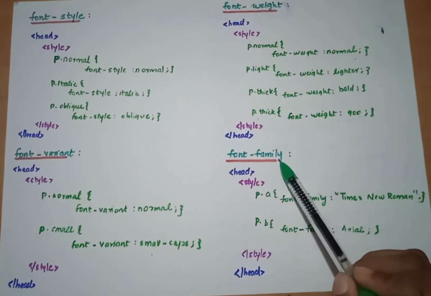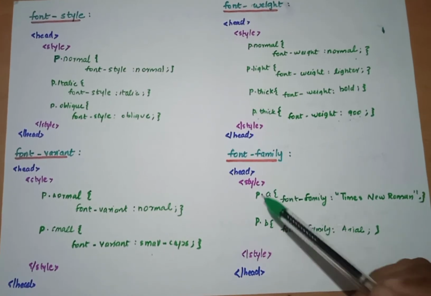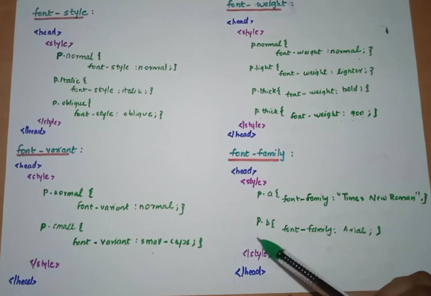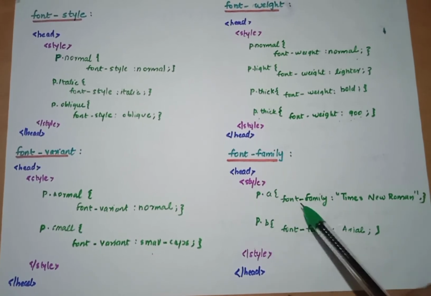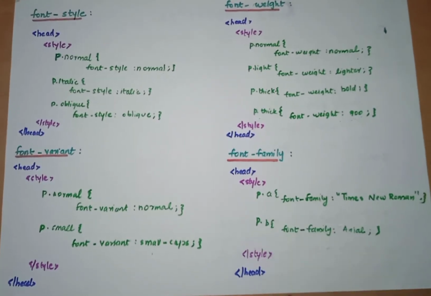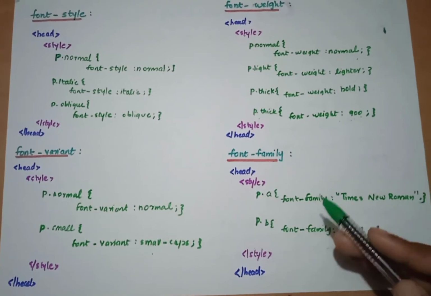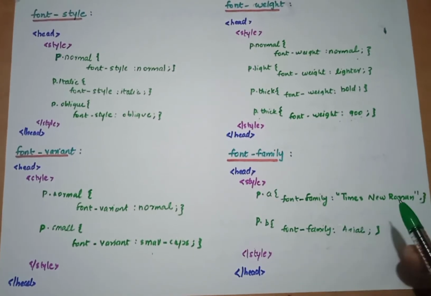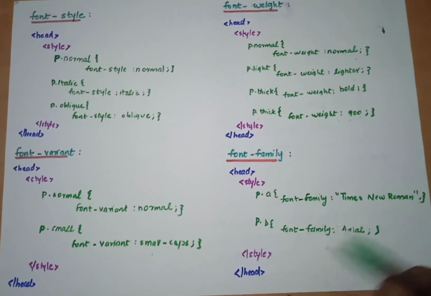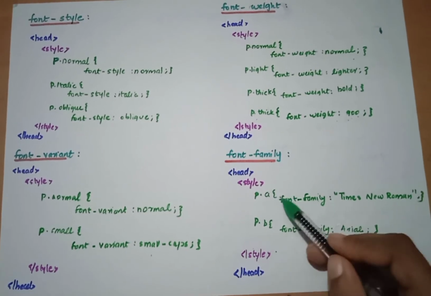So the next one is font family. It is also a style CSS property, so we have to use it inside the style tag. If you are using it as an inline function, it's not a matter, but since we have to make a big web page, we don't have to use this kind of simple inline ones. That's not good. So always do it like this or use an external CSS format. So here let's get into this code.